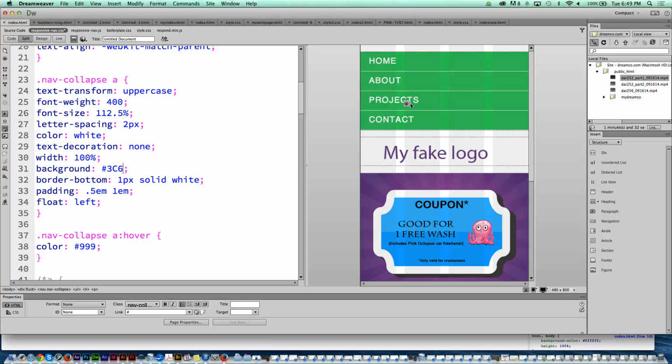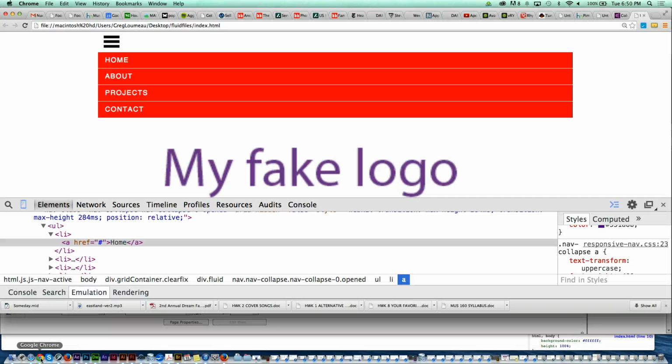Now I know all you guys don't have Chrome developer tools turned on, and you don't all have Firebug turned on, so you may not have been following me exactly in each of those steps. But hopefully you get the idea that if you do use Firebug or Chrome or something like that, you can hover over an area, click on it, and the end result will be that you'll be able to determine both the HTML that is creating that section and the CSS and where to go to make your changes. Okay?